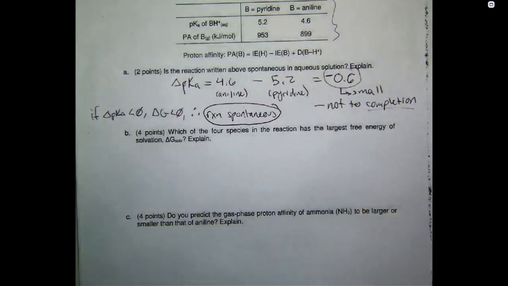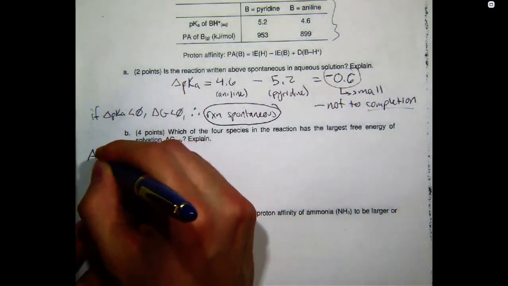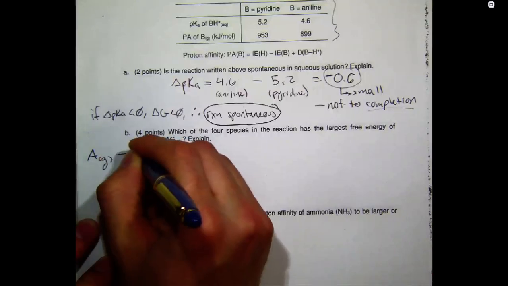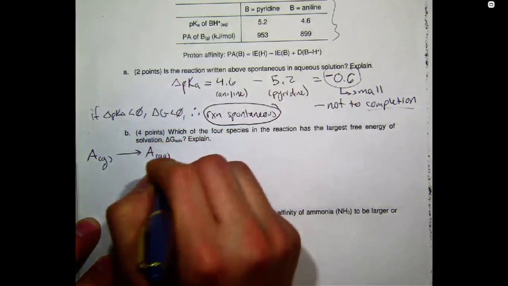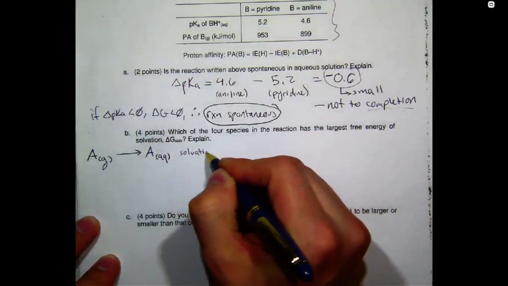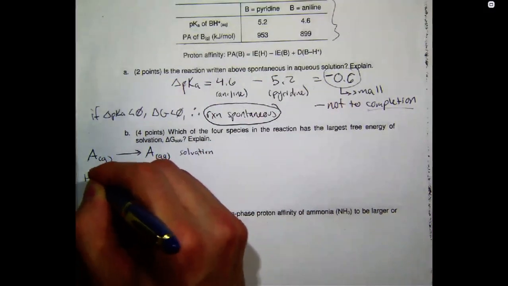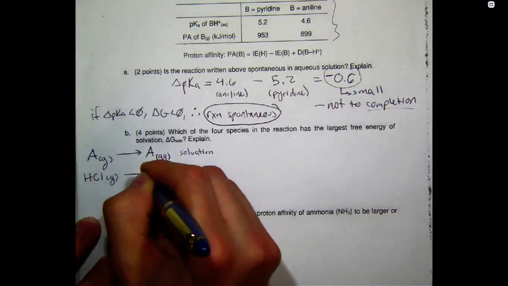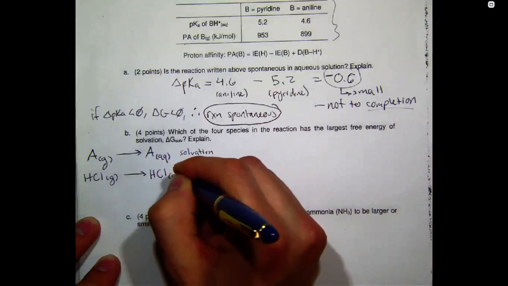And for me, when I'm confused about these things, it helps to write out explicit reactions that describe what I'm talking about. So for solvation, all solvation is taking some species A from the gas phase and putting it in some solvent. We're going to talk about water because that's what we mostly talk about in this course. So this reaction is solvation. So if I were to use the example of HCl, I'm going to take HCl from its gaseous state and put that into water and get aqueous hydrochloric acid,